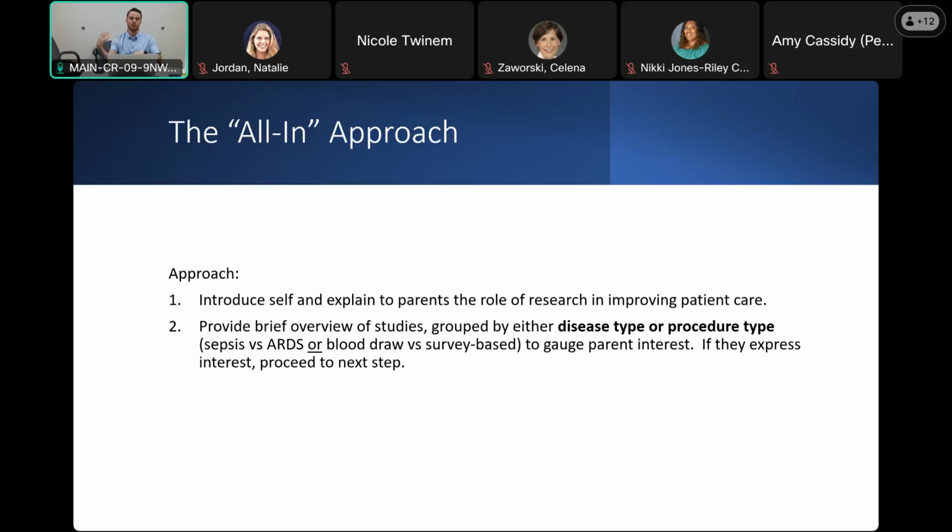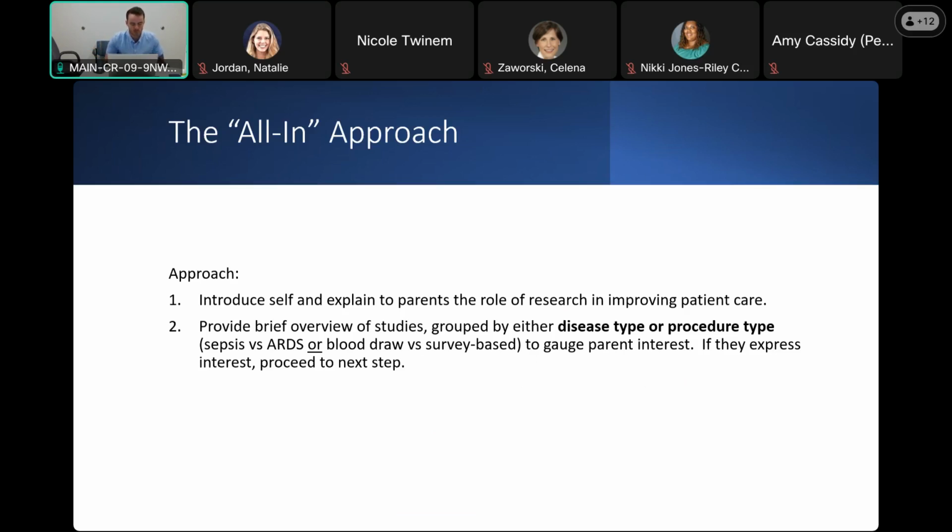And we'll typically always follow up with them if we do talk to them that one day, but we don't actually consent them for that trial. We'll come back and say, hey, Anthony or Sally or whoever their son or daughter may be, they've actually improved or they've gotten to the point where they no longer meet study criteria. So even though I did discuss that trial with you the other day, they're no longer eligible.